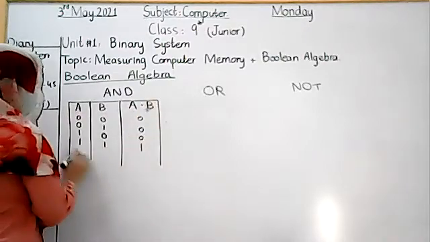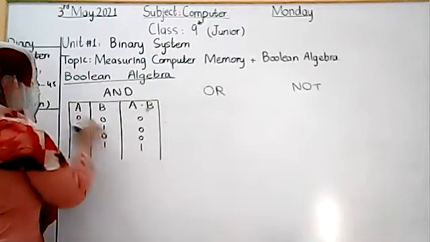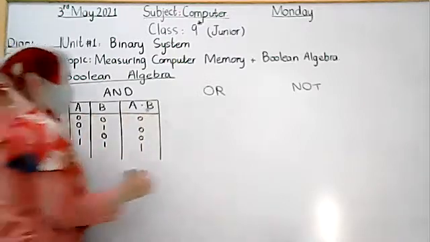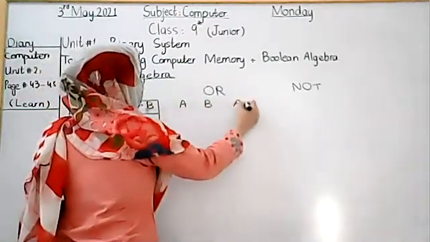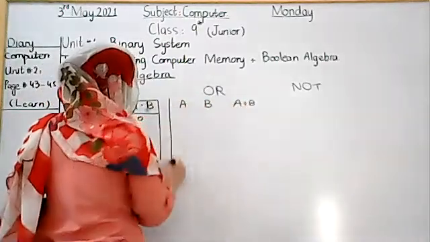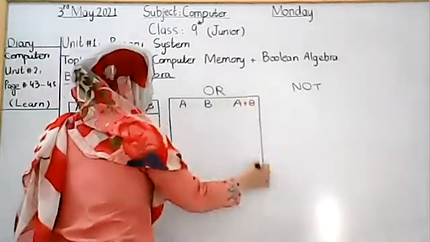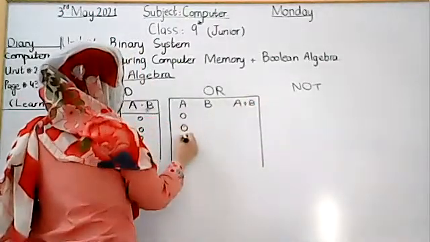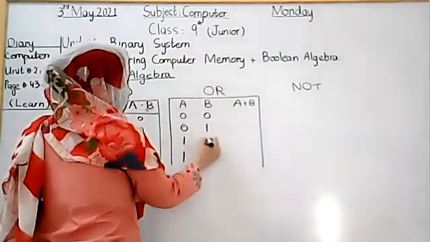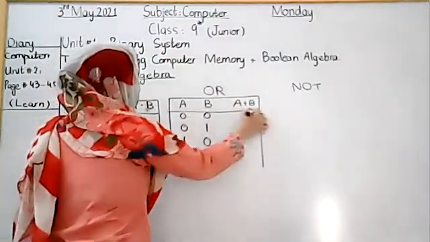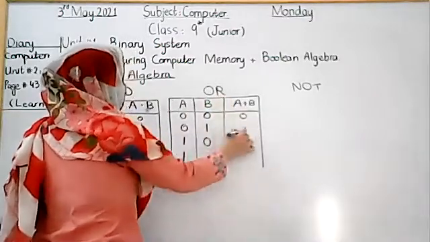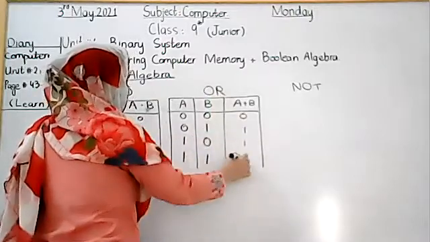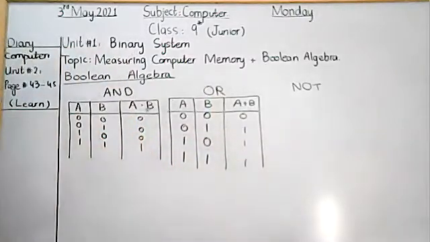So here is the truth table for the AND operator. Now we will go for the OR operator. A, B, A or B. So we will go for 0, 0, 1, 1, 0, 1, 0, 1. And it will always provide the answer 1 if one of them has an on bit. Okay, so in this way we can create an OR operator's truth table.